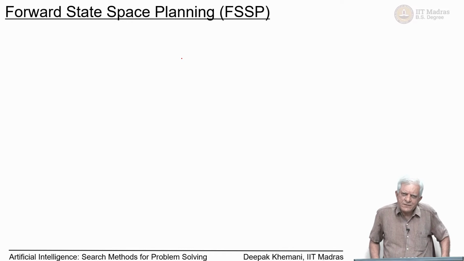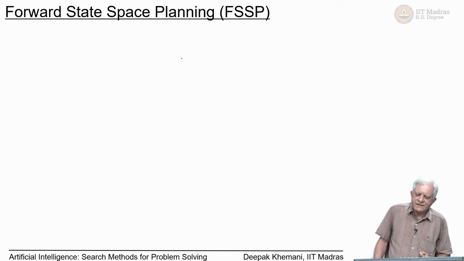Okay, so we have been talking about planning domains, and we have seen that planning domains can be described by planning domain description languages, or PDDL as they are called, and we have looked at the simplest of those languages, called PDDL 1.0. What a planning domain description language gives you is a set of predicates which you can use to describe the state, and a set of operators which have certain predicates as preconditions and certain predicates as postconditions,